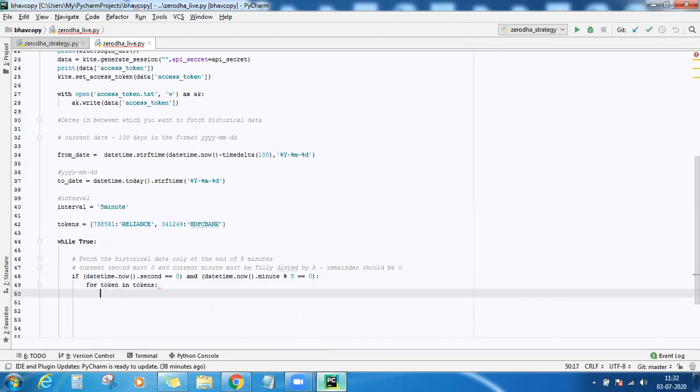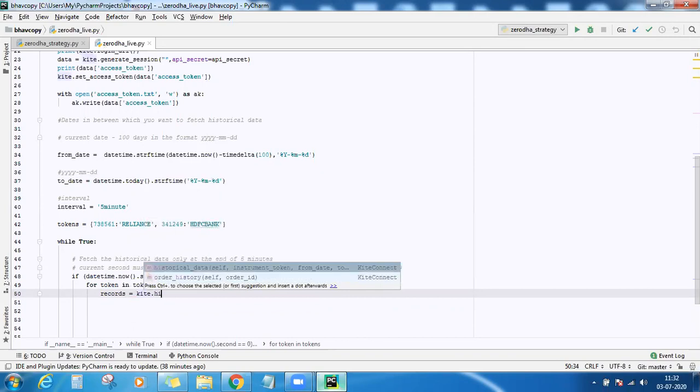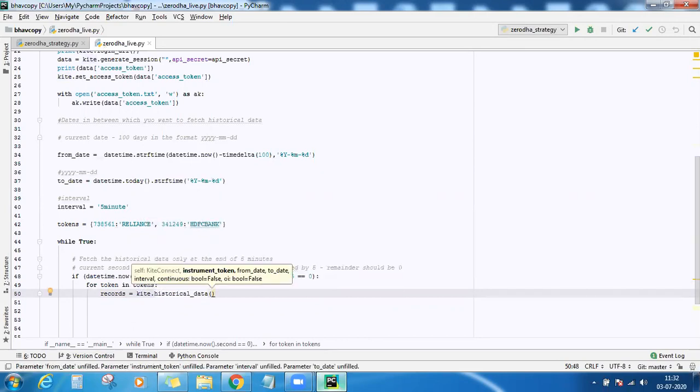So for each token inside this list, a variable in which I can store the historical data. So kite.historical_data, this is the function, and as I told, this is the disadvantage. It accepts the instrument token only, not the symbol.